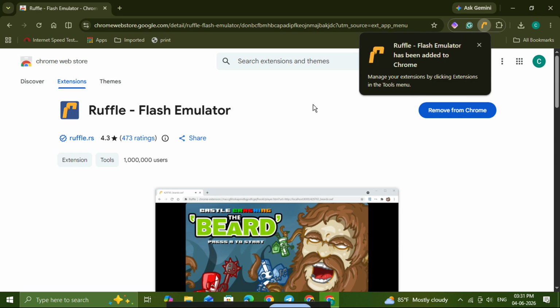If the page or file you're trying to open supports the emulator, it should now load much more smoothly than before. In some cases, you may need to refresh the page or reopen the content after installation so the extension can take effect. If you still run into issues, make sure Chrome is fully updated, then try the site again. Also remember that not every old Flash file will work perfectly, because the original Flash technology is no longer supported anywhere. But for many common Flash animations, games, and embedded items, Ruffle is one of the easiest and safest solutions